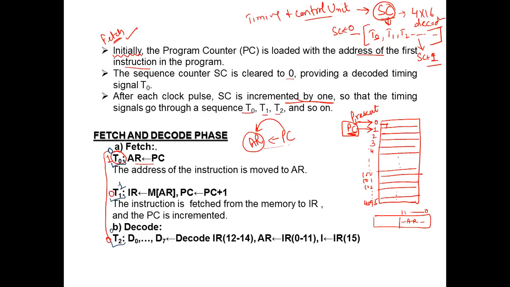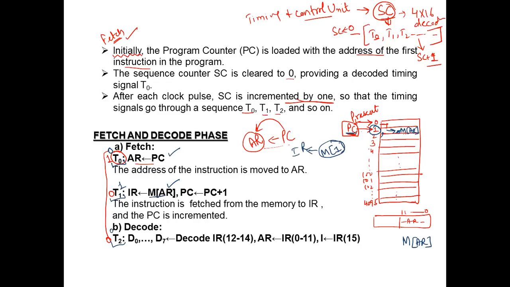So if I succeed in transferring the data of the program counter to the address register, now what I need to do is refer to the memory address held in the address register. I have to refer to the memory portion, meaning this is the memory of this address register. So this is how I could represent it. I need to refer to its memory location, and whatever data is present at this memory, I need to transfer it to the instruction register. So what is happening here? One is this process.